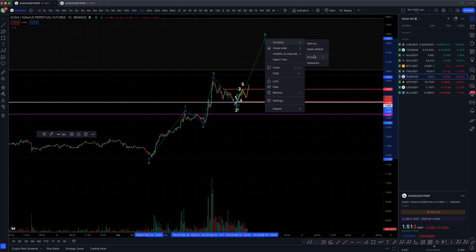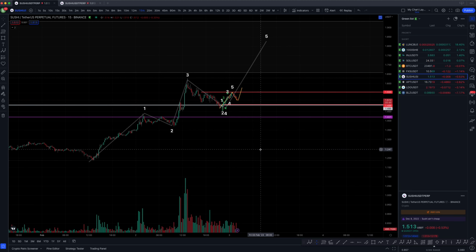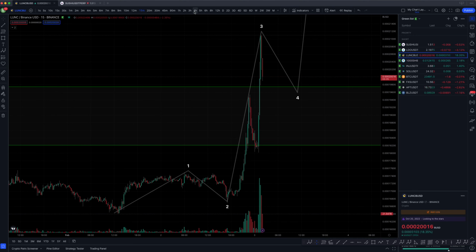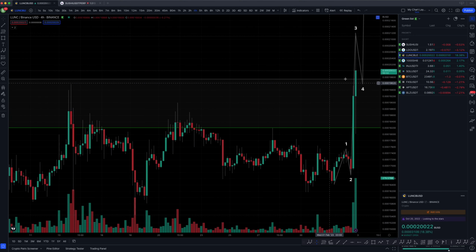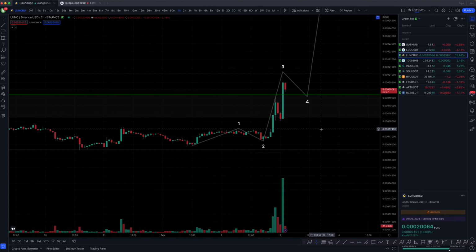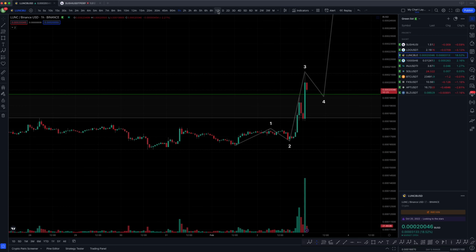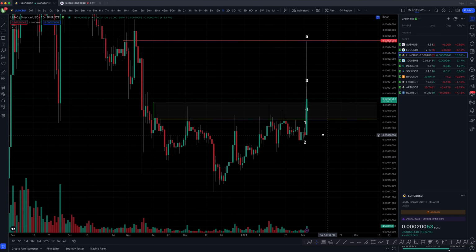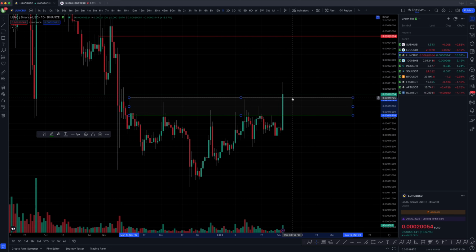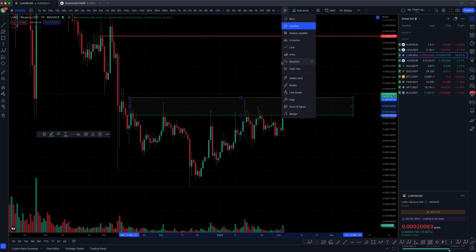Alright, so this is for sushi. So sushi is there, and Luna C is there for a watch list today. Luna C has picked up a lot of volume this morning. So if we look at it on 1 hour chart, I feel like it's creating the 4th. If we look at it on daily chart, this area that is drawn in green, I mean, if you cut it here,